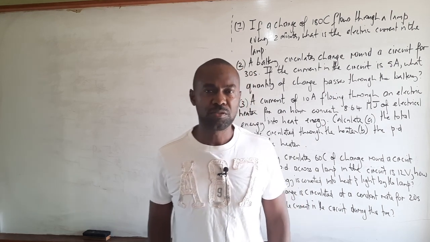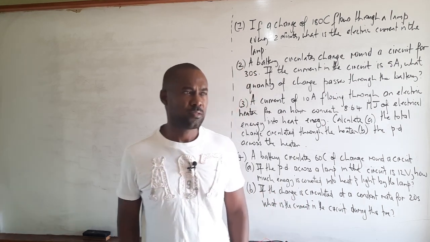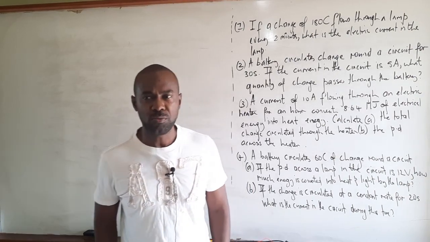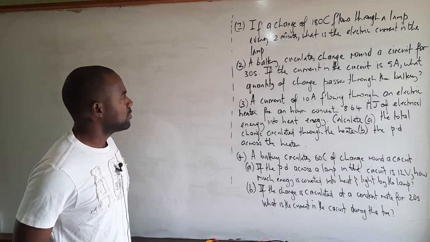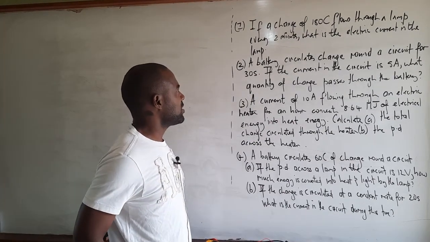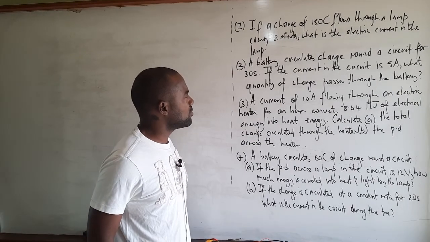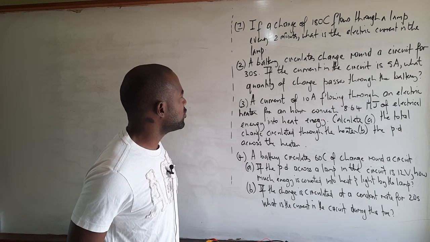In this video, we'll continue to look at electricity. We'll take a look at a few questions and we'll use equations that we derived so far. So let's begin. Now, question 1 says, if a charge of 180 coulombs flows through a lamp every 2 minutes,